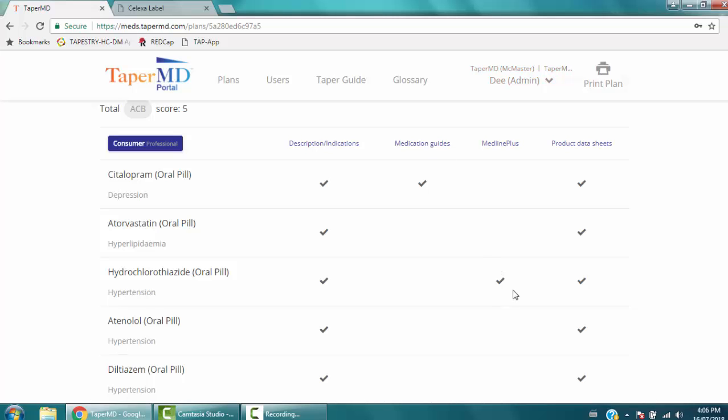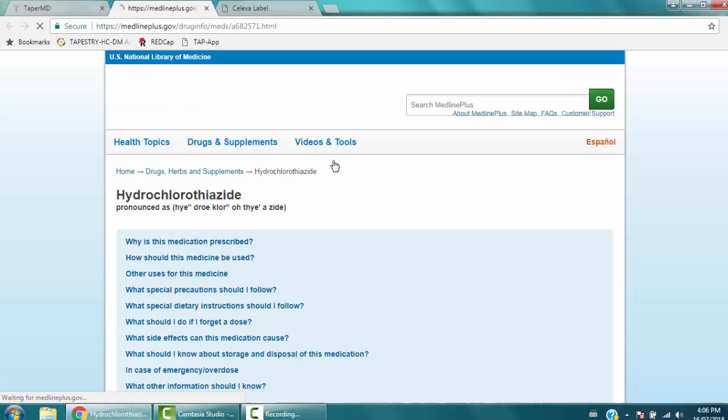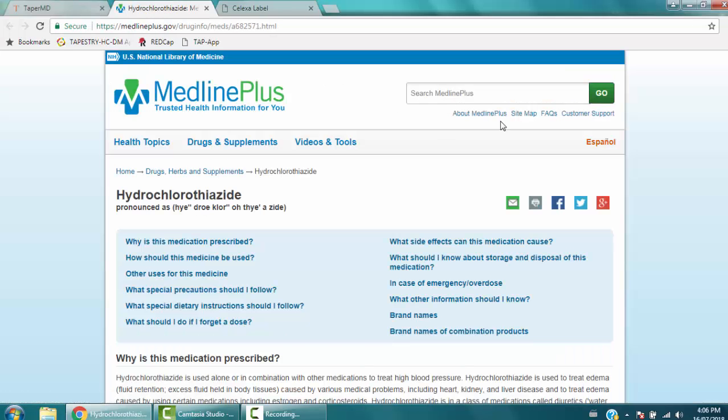Moving across, another source of medication guides for the patient is Medline Plus, and you can see that hydrochlorothiazide doesn't have a medication guide, but it does have a Medline Plus guideline. So you can click there directly and get the link to the US National Library of Medicine Consumer Medication Guide